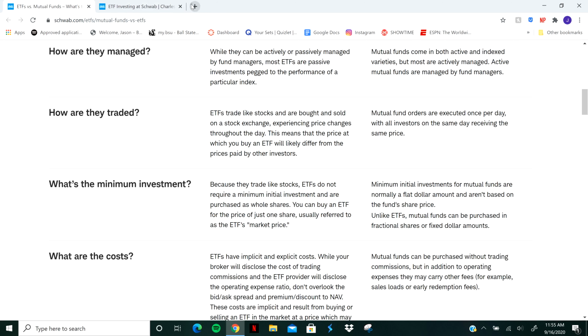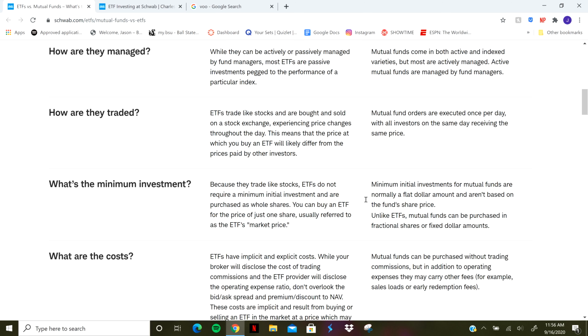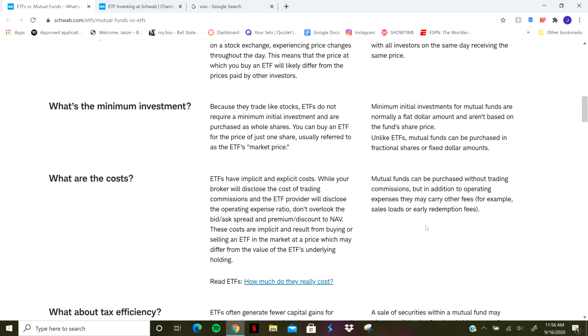into, because when you go to something like VOO, let's just keep this open. Obviously they're at $314 per share of VOO, or the Vanguard S&P 500 ETF. But when you go to a mutual fund, especially the ones that we looked at yesterday, you only need $1 to put in there. Now obviously you're not getting a full quote-unquote share of the mutual fund, but you are going to be invested in it, and you can invest with a much smaller dollar amount.